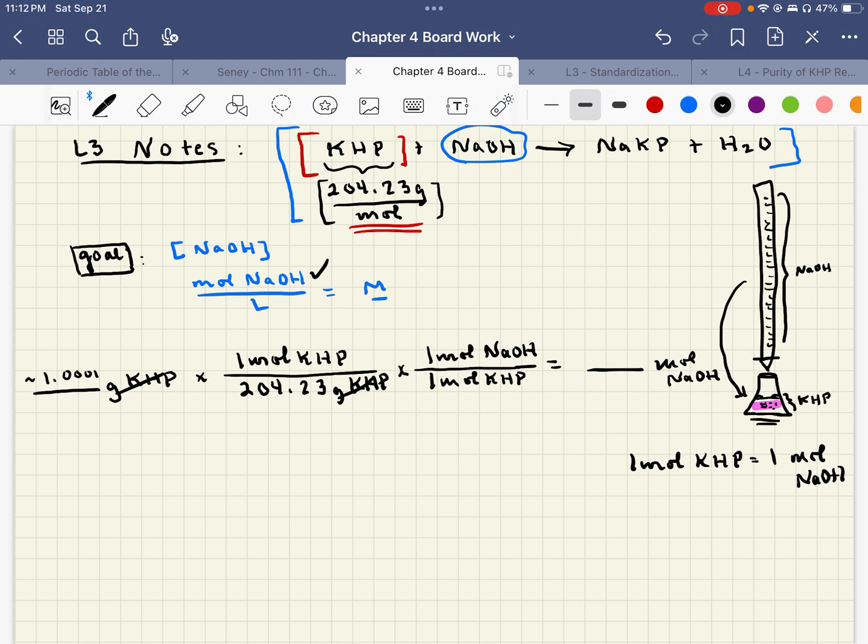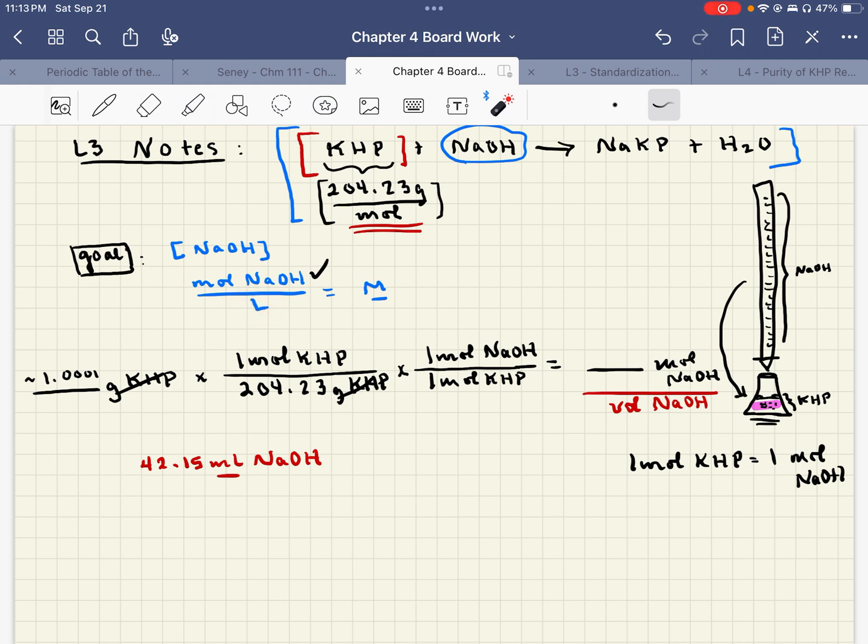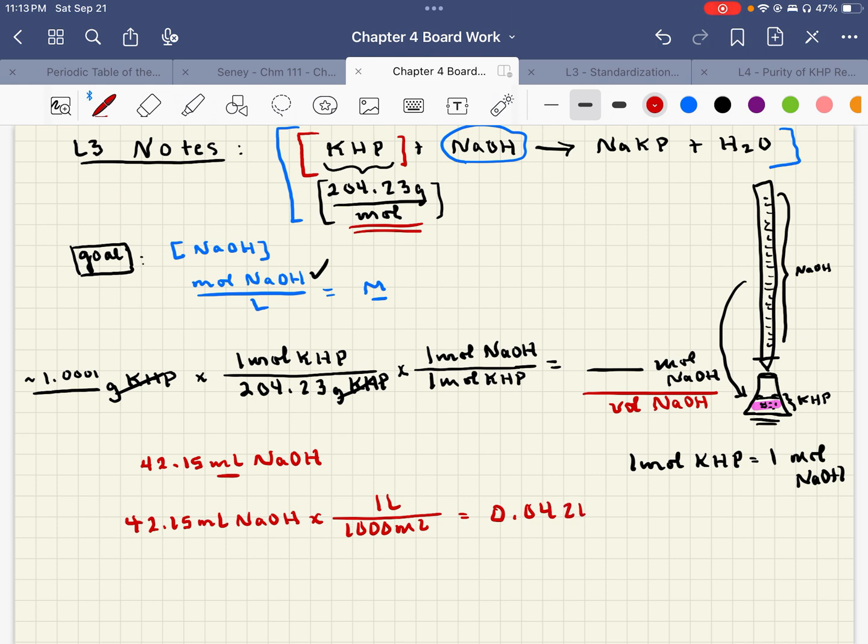The last thing we have to do is divide by the volume of sodium hydroxide that it required to titrate to pink. For me, that took about 42.15 mils of sodium hydroxide. Notice this is in mils, and up here we've got it in liters. So I've got to convert the 42.15 mils of sodium hydroxide to liters. We know that for every 1,000 mils, there is 1 liter. So I end up with 0.04215 liters. This is what I will now put under here to get to my final answer,